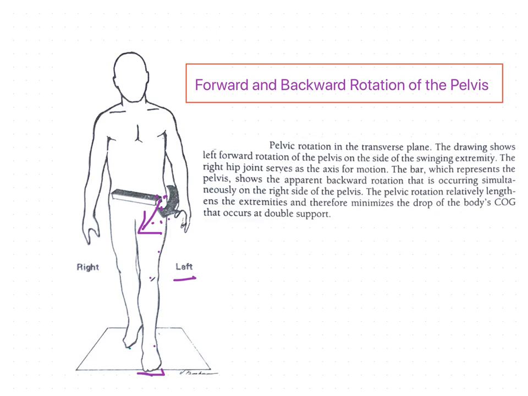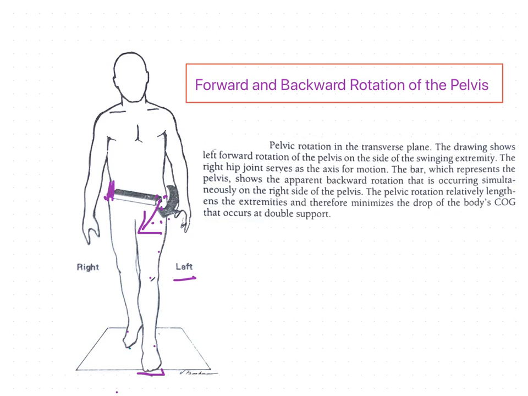Next, the other one will move. Okay, so the other limb starts the swing and it continues to move. Forward rotation of the pelvis continues beyond neutral on the swing side through the terminal swing